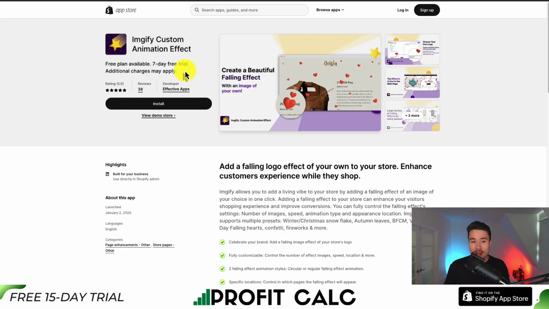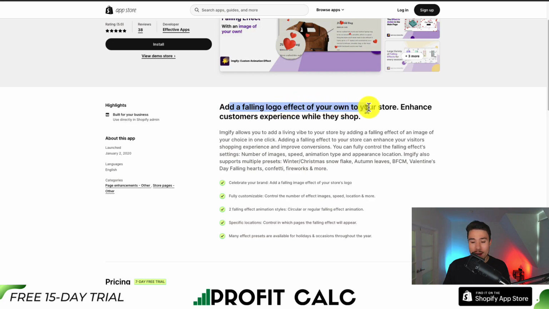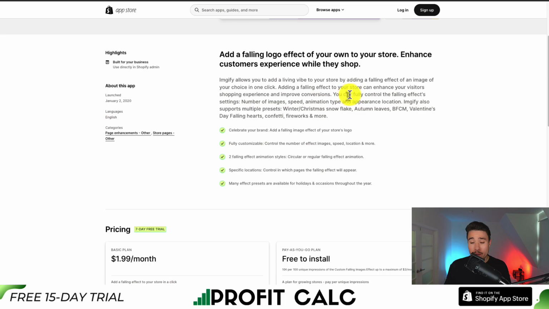For our next one, let's take a look at Animify Custom Animation Effect. You can add a falling logo effect on your own store and enhance the customer experience while they shop. So you can fully control the falling effect settings for the number of images, speed, animation, and appearance, as well